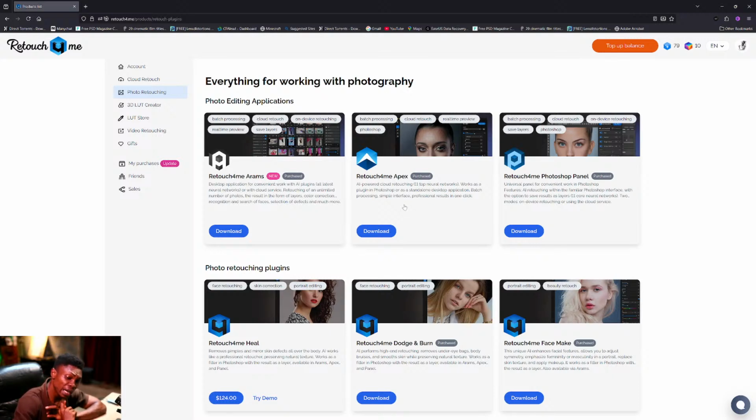Or if your skin work is heavy, you buy Retouch4me Heal and Retouch4me Dodge and Burn, these two first. They don't sell the entire pack, they sell it for the offline.